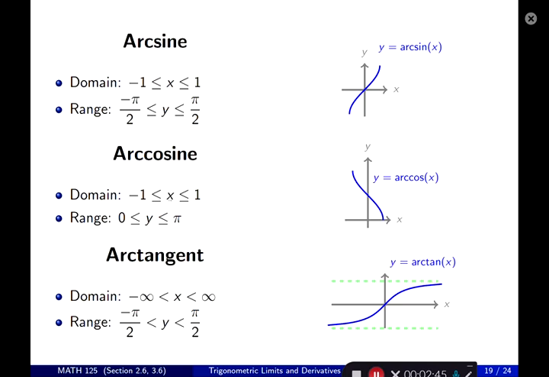The domain of arccosine is x between -1 and 1. But the range is between 0 and pi. Arctangent, x is between -infinity and infinity. That's the domain. Range is between -π/2 and π/2, and that's the shape of the arctangent,